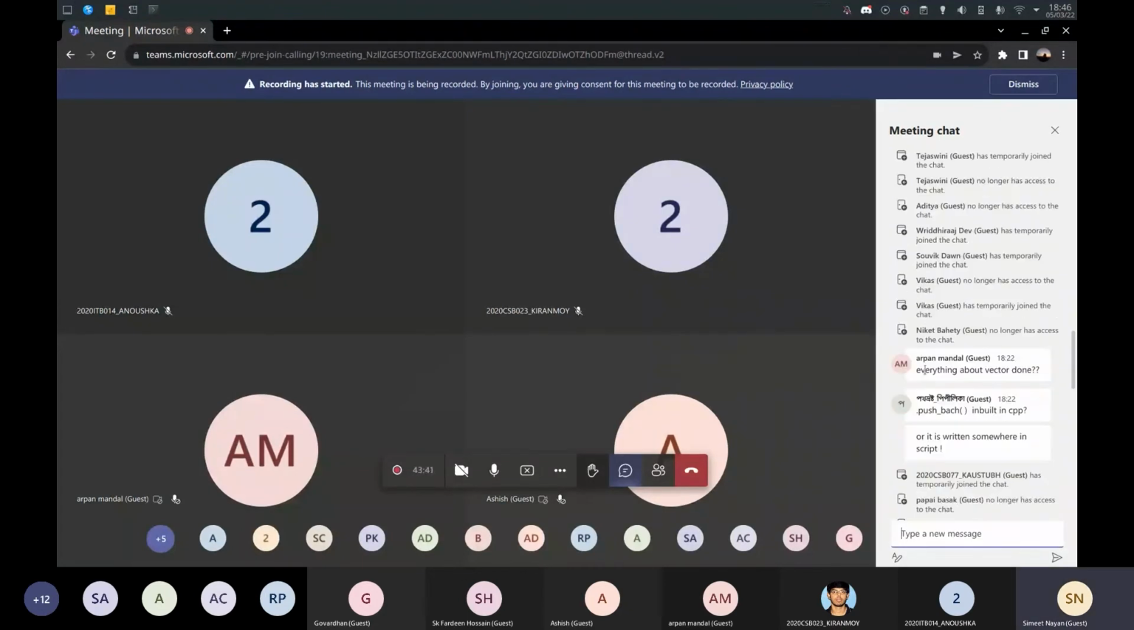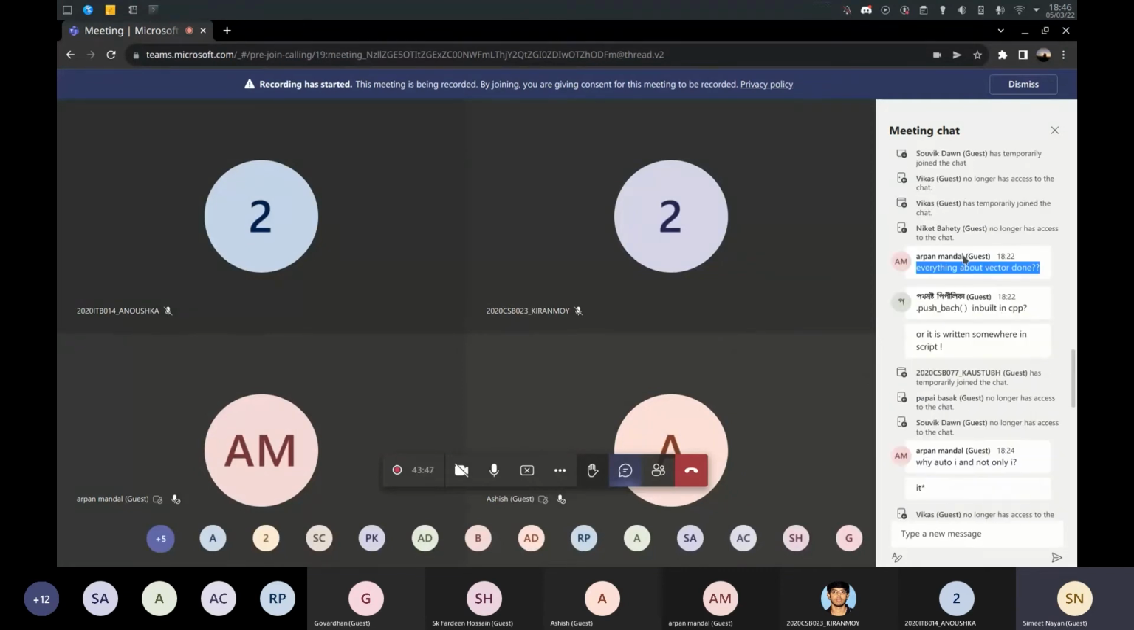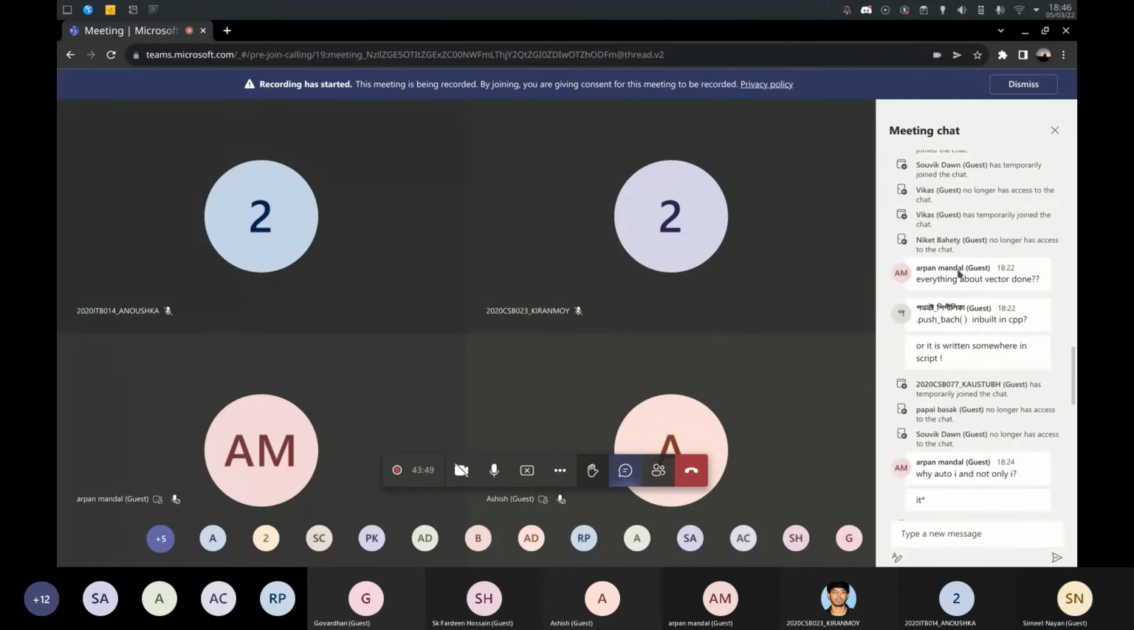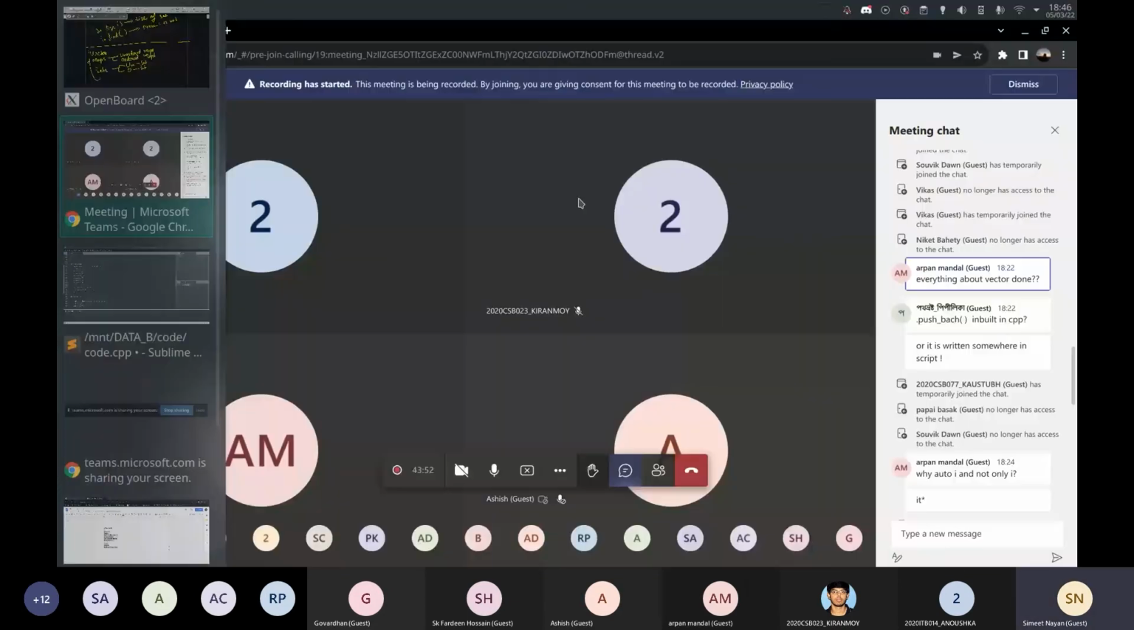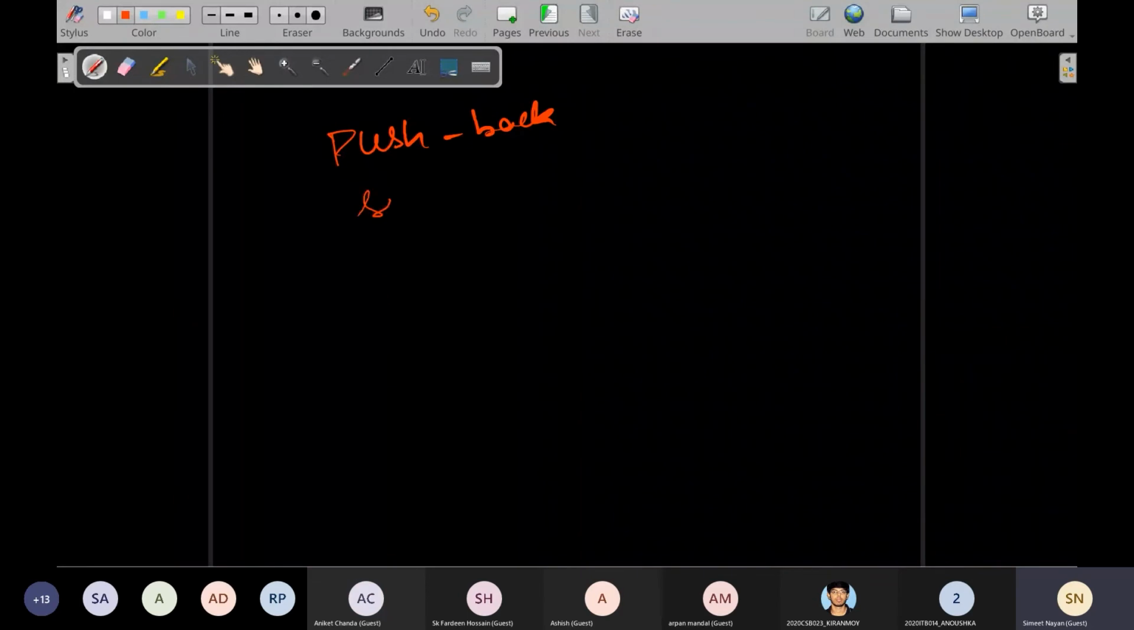Everything about vector is done. Like every basic thing I have covered. Like you need pushback. I told you about pushback. Okay. Then I told you about how to find the beginning and the end of iterators. Then we had size. Then we had erase. Now, similar to erase, we have something like insert. Okay,